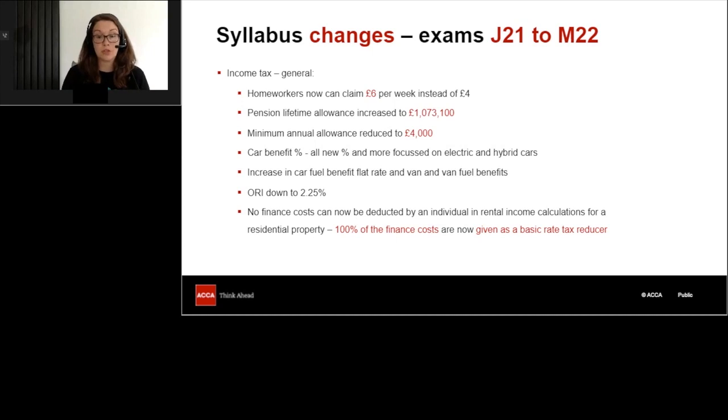So from your point of view as a student, why does it matter? Well, we need to update the tax exam syllabus every year to take into account the changes that come through from those Finance Acts. That means an updated set of tax tables that will be available to you in the exam. It means an updated syllabus document, updated technical articles in key areas, and updated specimen exam papers and practice papers that you can access on ACCA's practice platform, and updated course materials and practice questions from your tuition provider. So there's an awful lot of work that goes into all of that.